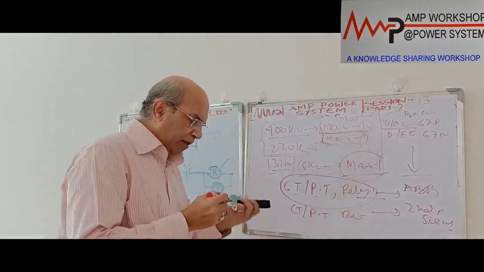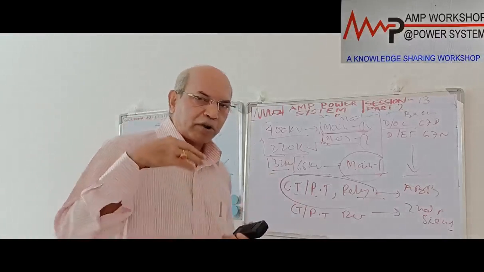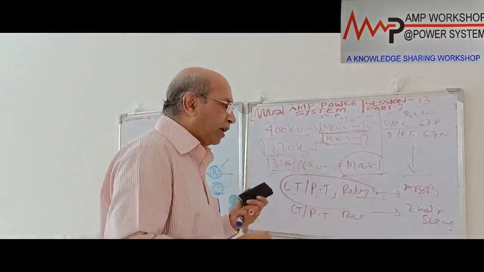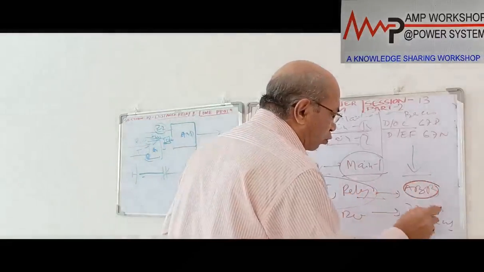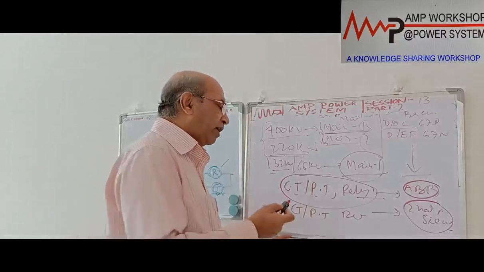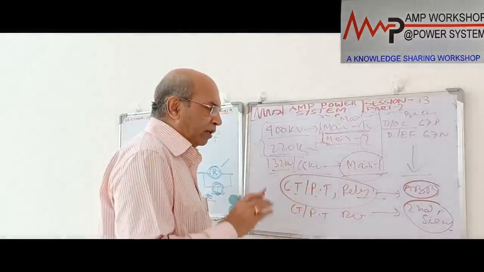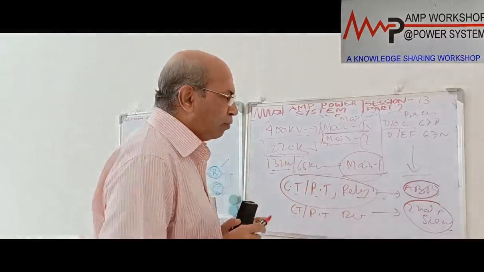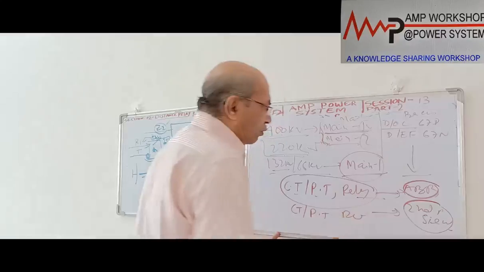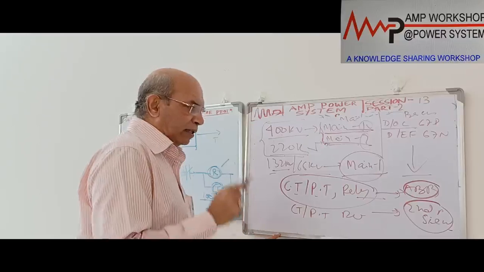But sometimes various users don't go for two different makes, because in that case you have to keep a lot of separate spares, separate CT, PT, everything. Sometimes they go for the same manufacturer but two different versions or models of the relay. Or sometimes they go for the same relay and same CT, PT, but two completely independent sets. So it is up to the user's choice how they want to do it, but the normal safe practice is to go for two different manufacturers, so that if any one of them fails, the other will not fail. That is the intention.